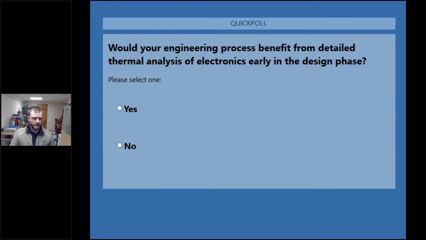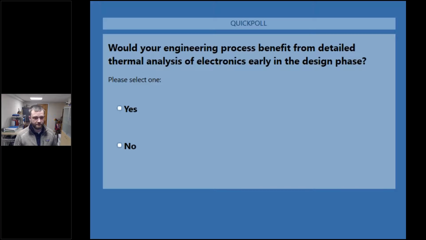What we'd like to know is, based on what you've seen today, do you think the things that you work on in your engineering work on a day-to-day basis could benefit from something like FlowEFD? After seeing this, it's really not your typical electronics cooling analysis tool or your typical CFD tool. It's really the best of both worlds.